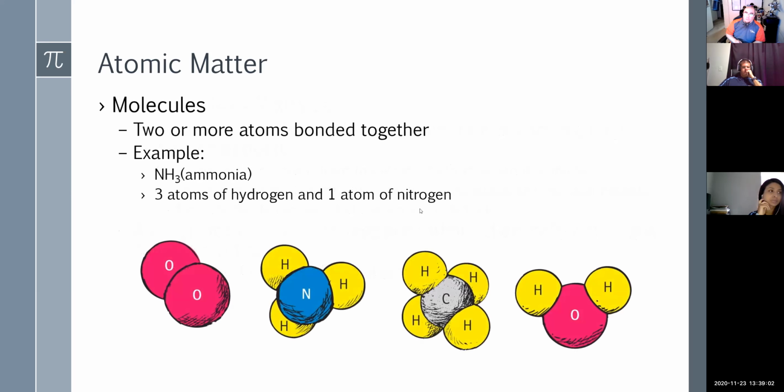So molecules are 2 or more atoms bonded together, right? We have pneumonia, right? Pneumonia? No, ammonia. I always love that when patients tell me, that doc said I got ammonia. No, you don't have ammonia,